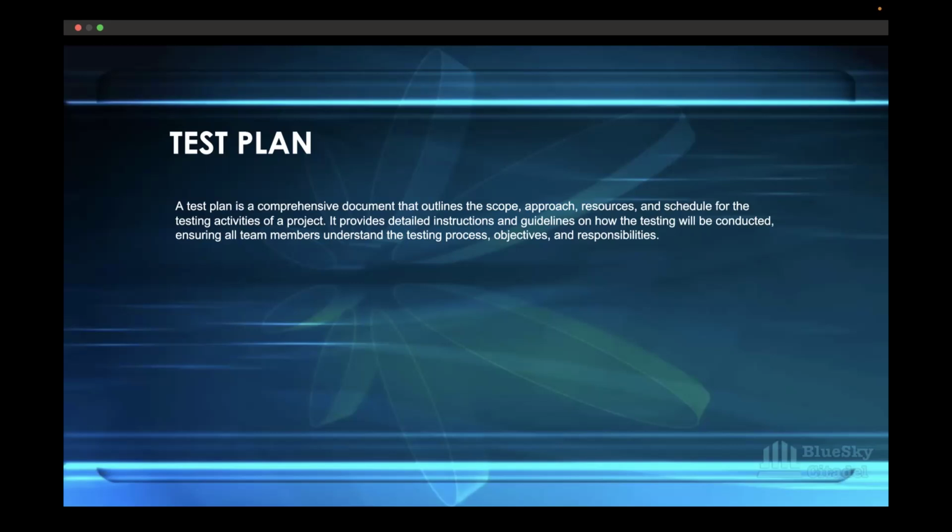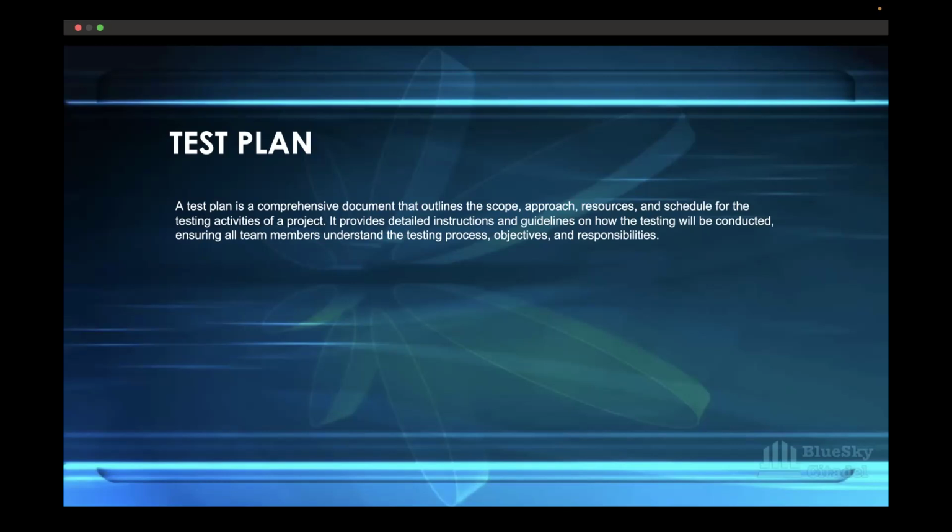At the end of the day, it all depends on your organization, where you're going to work. Because when you go to some organization, they already have a test plan defined. Some organizations don't have a test plan defined. You might be the first QA to do that. You might be the first QA in the team. So you have to know how to document a test plan. As a QA, it is a must.